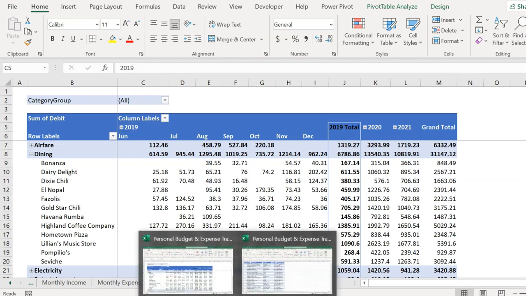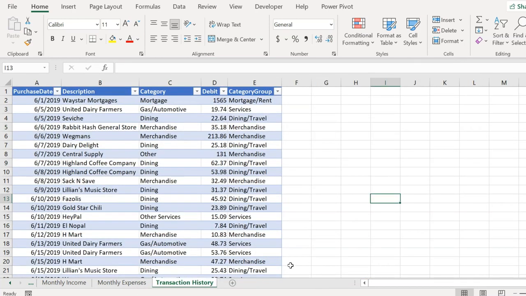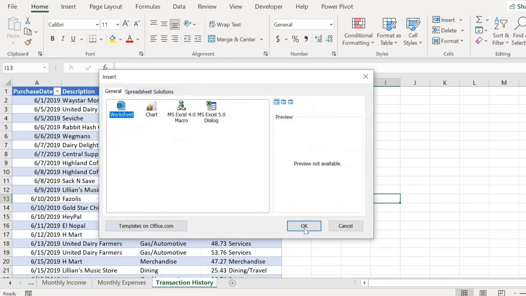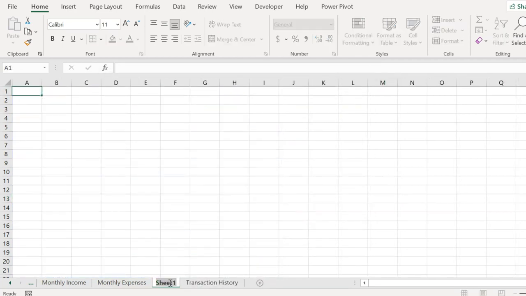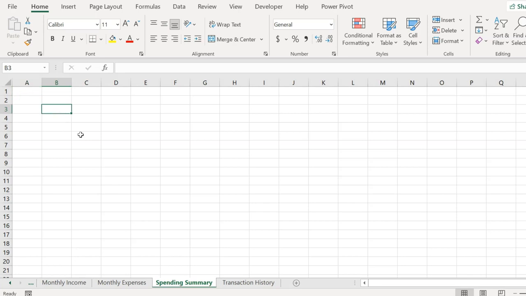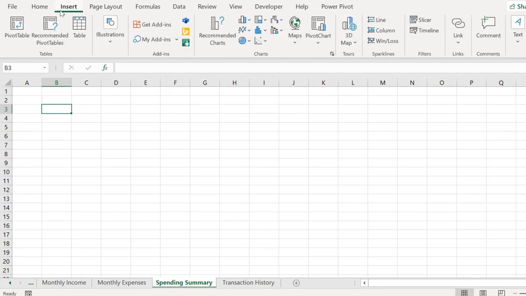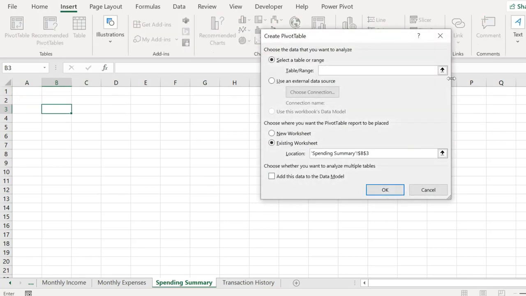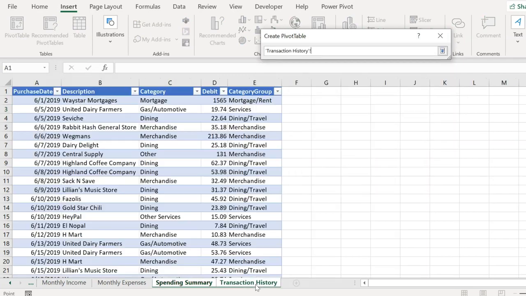So first I'll switch over to our starter file. And then my first step will be to create a new worksheet right before our transaction history sheet here that I'll call spending summary, which is where we'll put our pivot table. So I'll first insert my new worksheet and then name it spending summary. And now I'll insert a new pivot up in cell B3. So I'll hit Insert, Pivot Table, and then for the source data, I'll select the entire table on my transaction history worksheet,